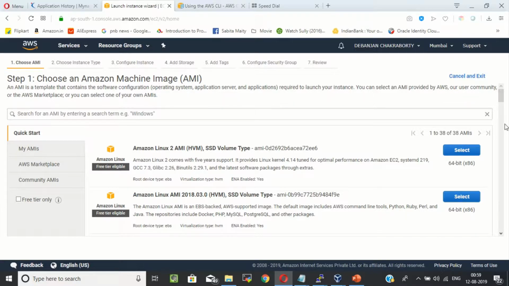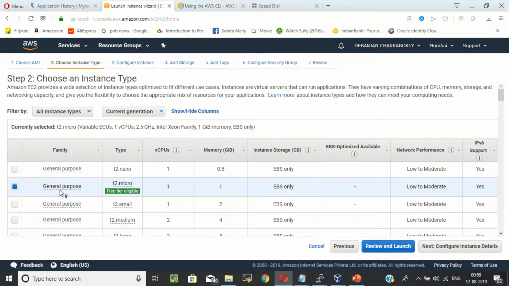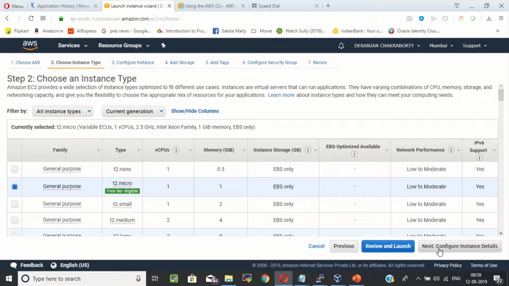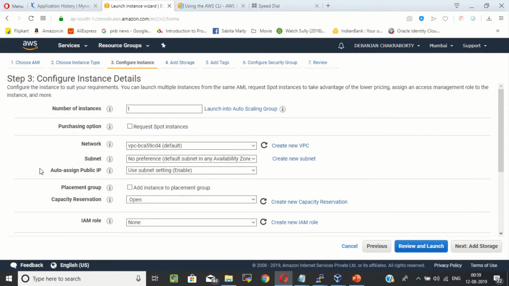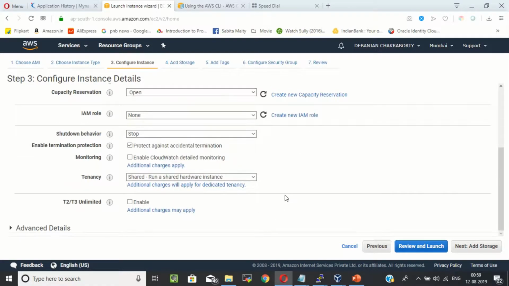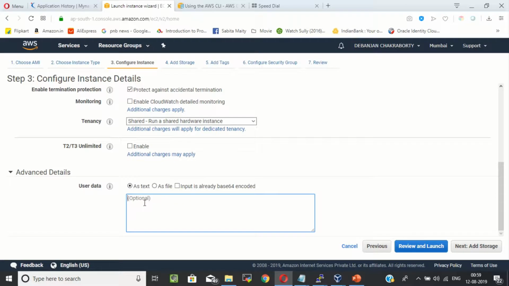I don't require so many things for the practice. I will choose the T2 micro. Here again is protection against accidental termination, which I have shown you. So now in advanced details,